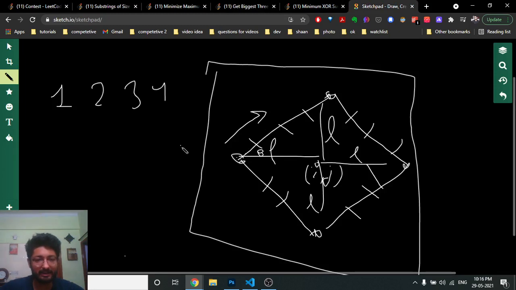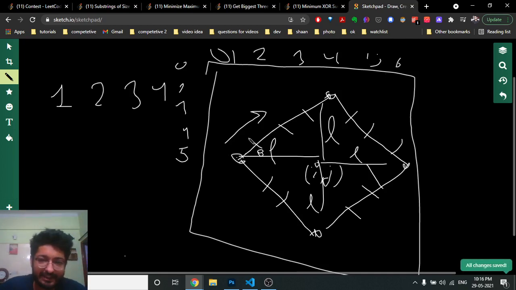Decreasing means, if this is like 5, then this is 4, 3, 2, 1, and this is like 0, 1, 2, 3, 4. If you number down the coordinates in this manner, then going from this to this direction, at each step I is decreasing and J is increasing.